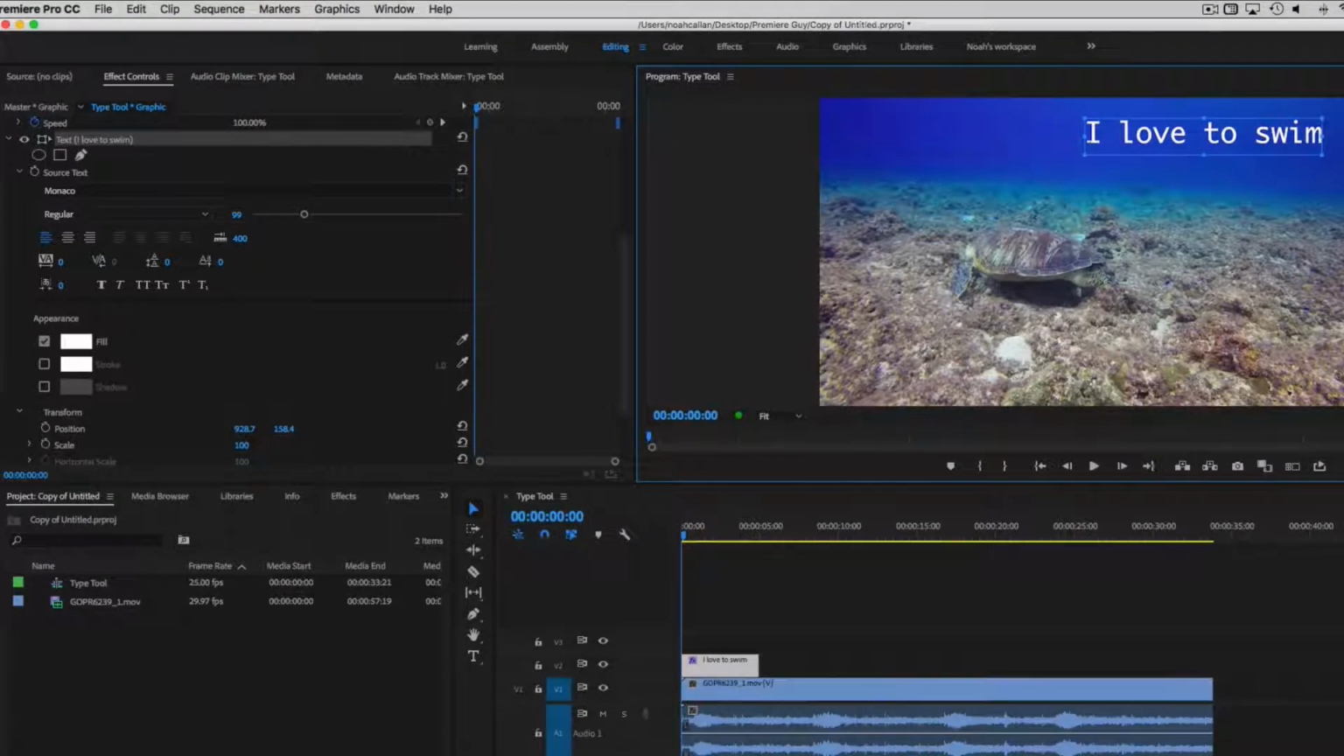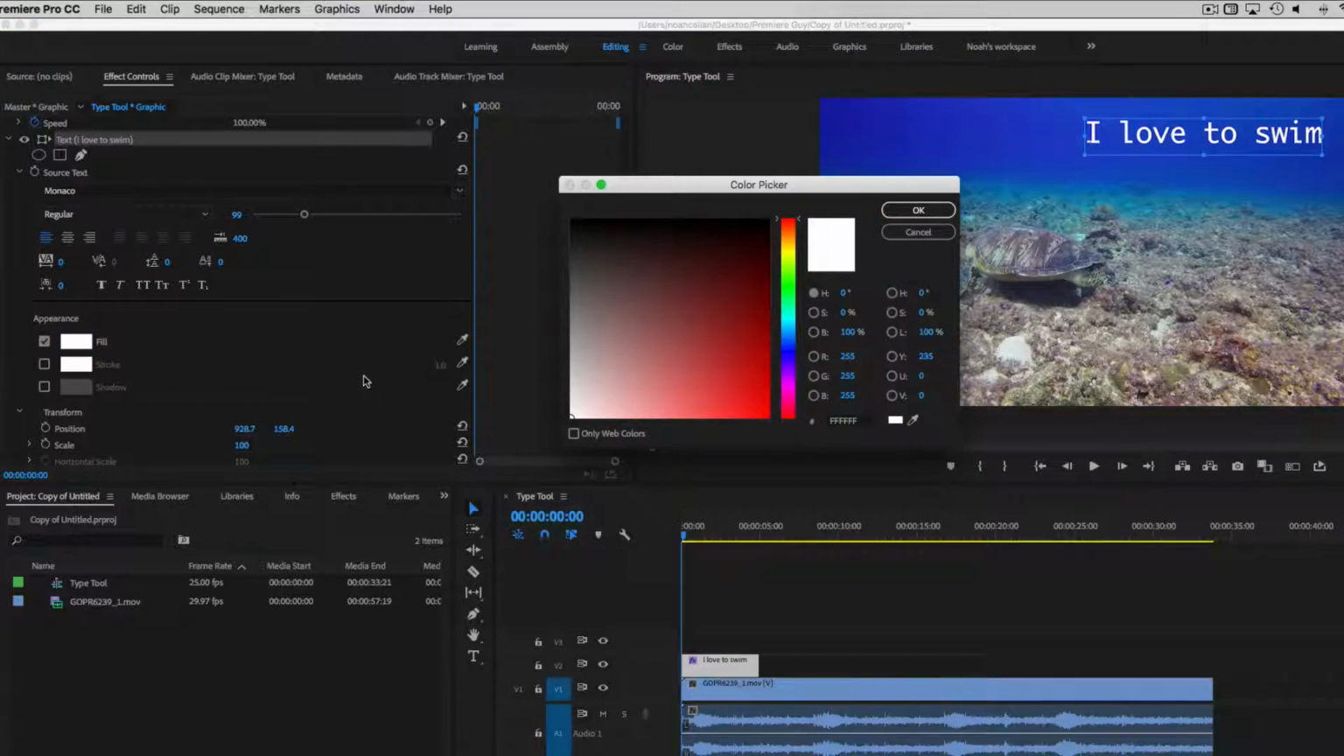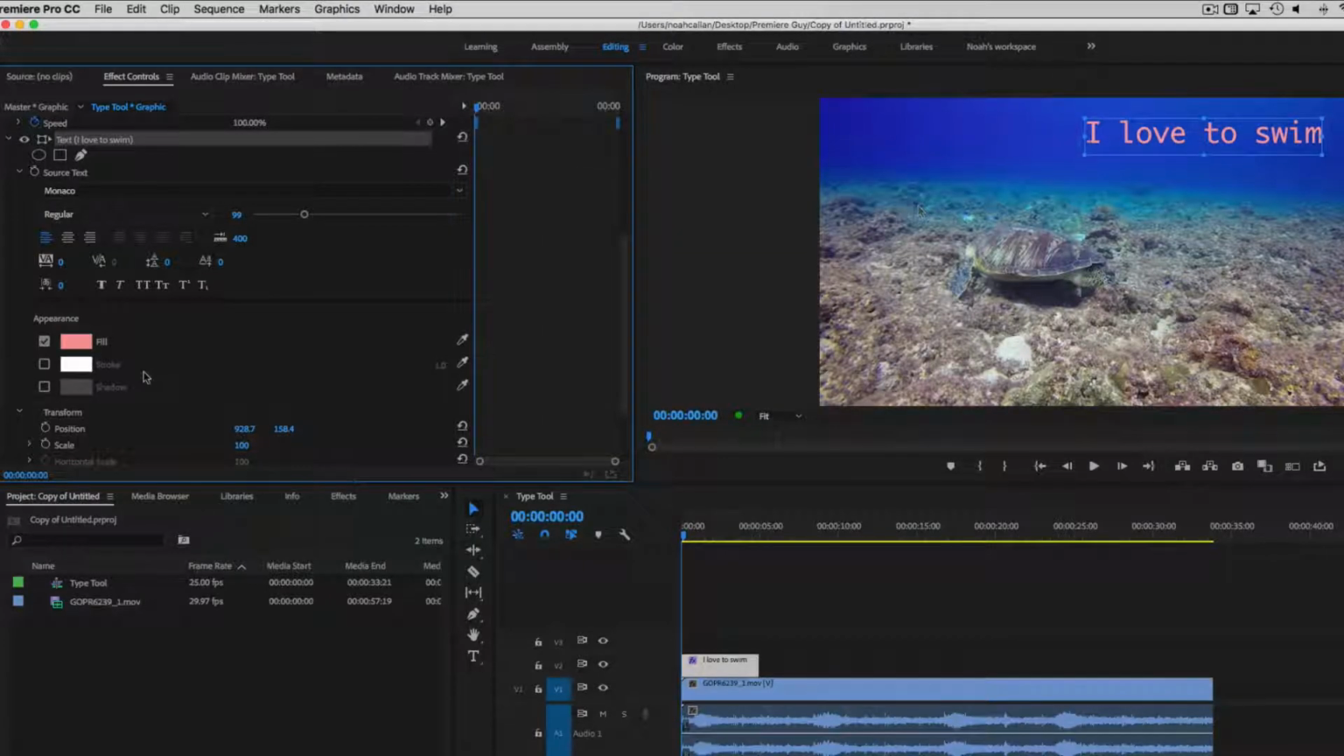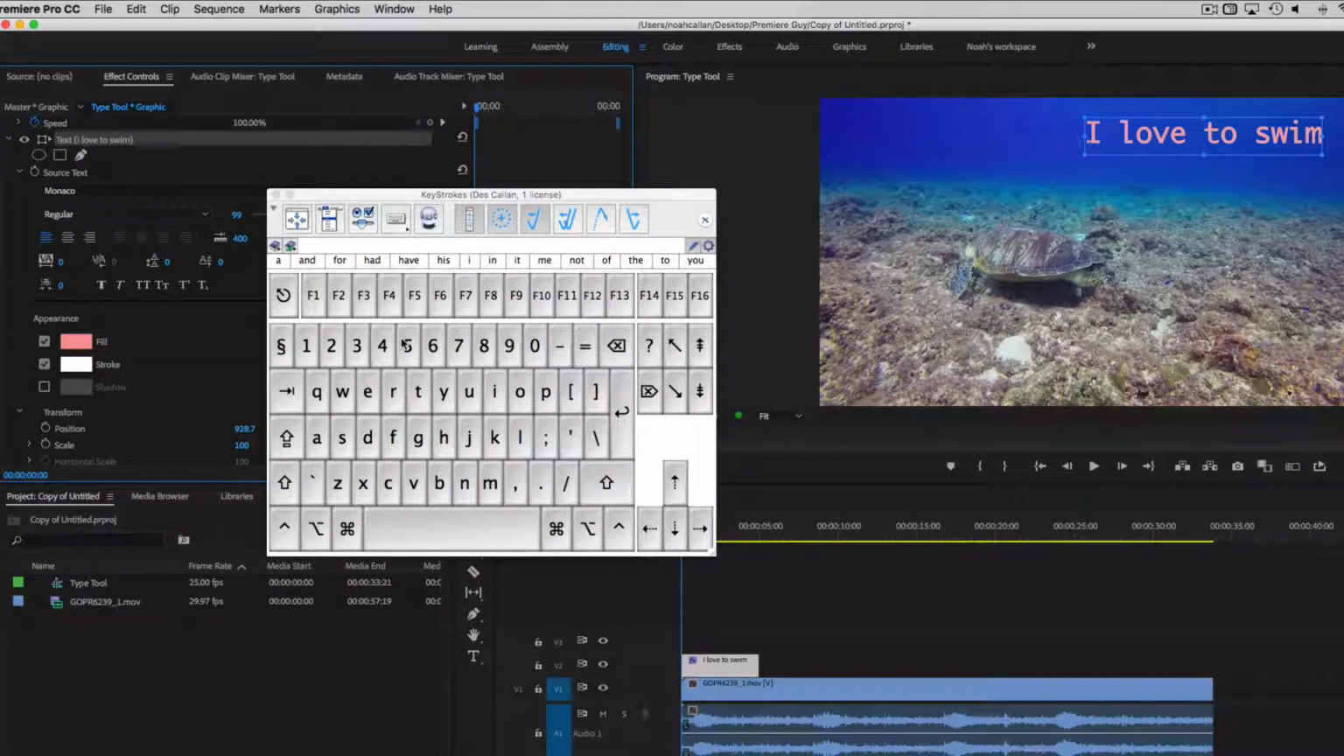We can also change the color of the text by clicking on the white fill color under Appearance. Let's choose this pale pink and click OK. We can add a stroke as well by clicking on the checkbox and selecting the width of the stroke. I am going to use the keyboard to enter the width amount to 5